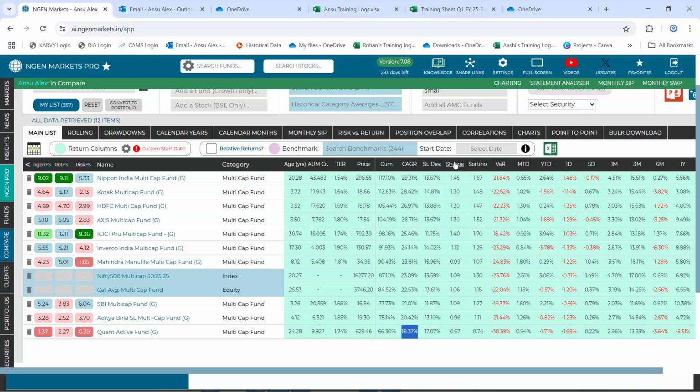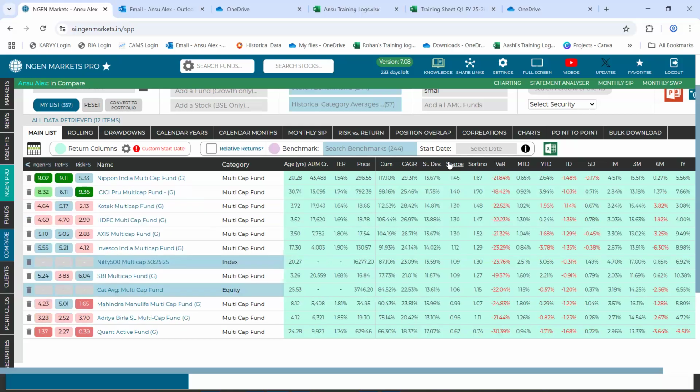Followed by that, we would now come to the Sharpe ratio. Sharpe ratio typically lets us know the risk adjusted returns for each scheme. In terms of Sharpe ratio, the best Sharpe ratio has been provided by Nippon India Multicap, which is to an extent of 1.45. In addition to that, there are 6 schemes that have outperformed the benchmark in consideration of its Sharpe ratio. While again, there are 3 further funds, Mahindra Manulife, Aditya Birla, and Quant Active, that have underperformed the category average as well as the benchmark when we take into consideration their Sharpe ratio.